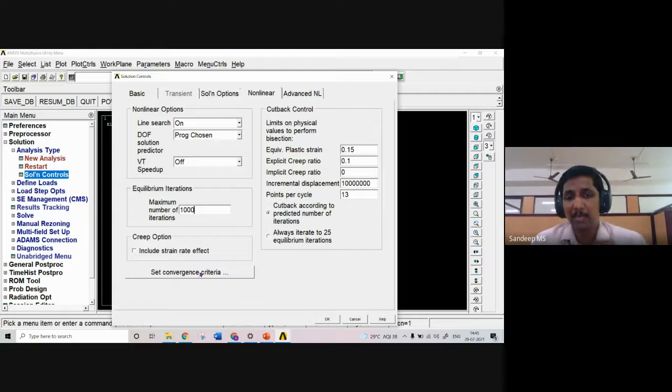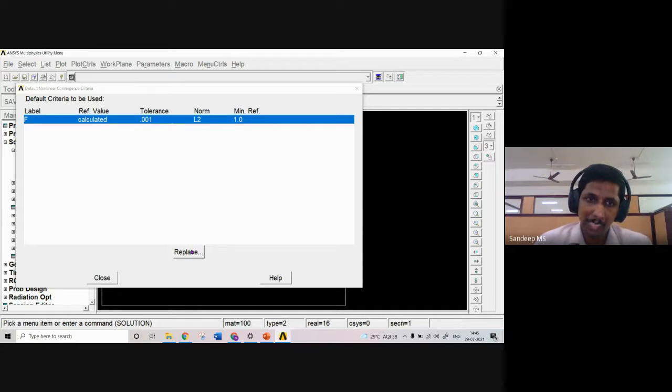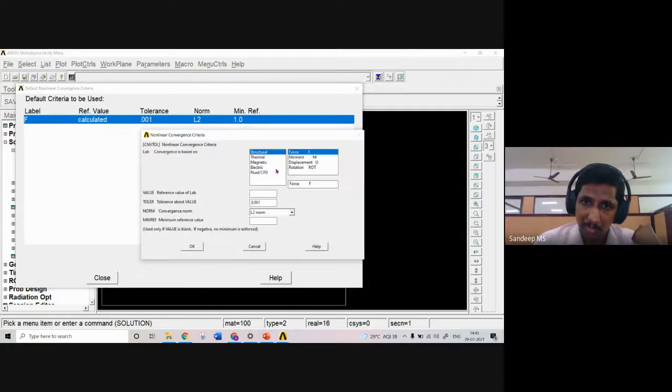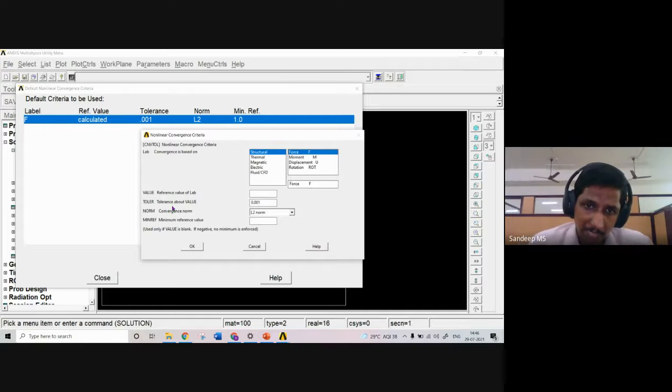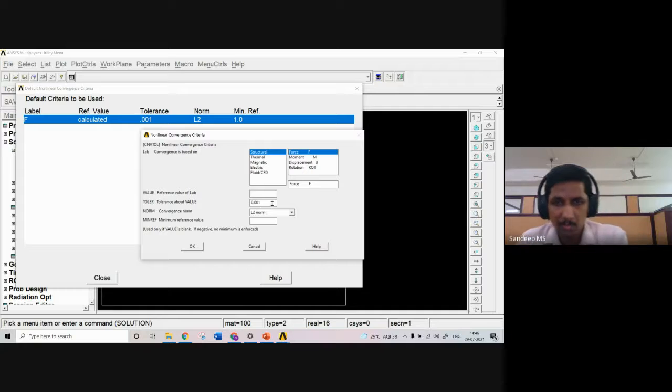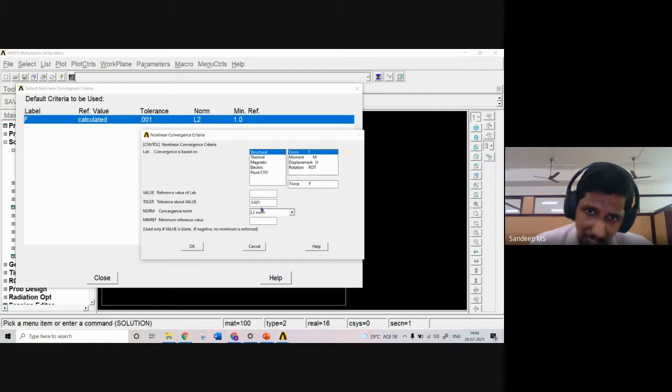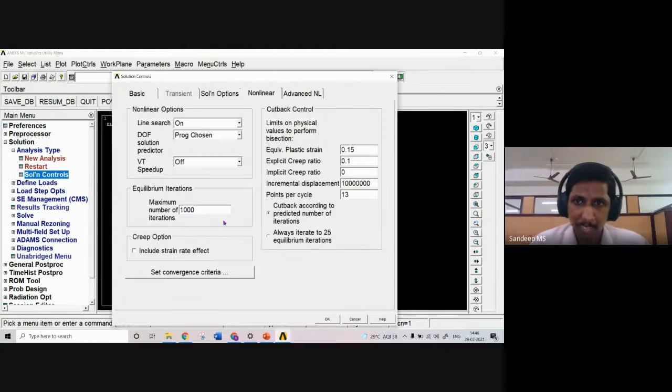So this actually depends on the problem. Based on the problem, you will have different types of convergence requirements. So based on that, we have to give either force convergence, moment convergence, displacement, rotation, or for other analyses, we have separate conditions. Anyway, in this analysis, I am giving force convergence, and we have a tolerance value. The default value is 0.001. That means it will permit up to 0.1% difference when we check the convergence. So let's start with 0.1% itself, and the minimum reference value can be given as 1, and press OK. And I am closing this. We will come back to this.